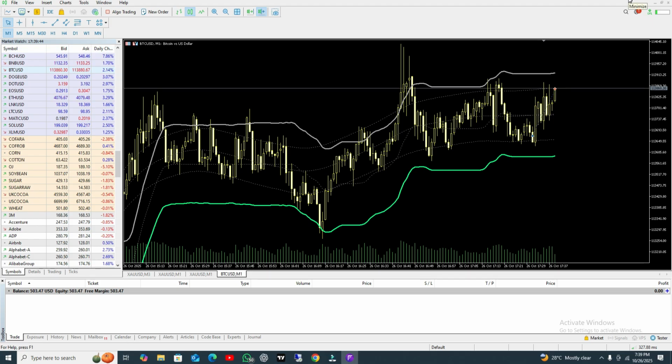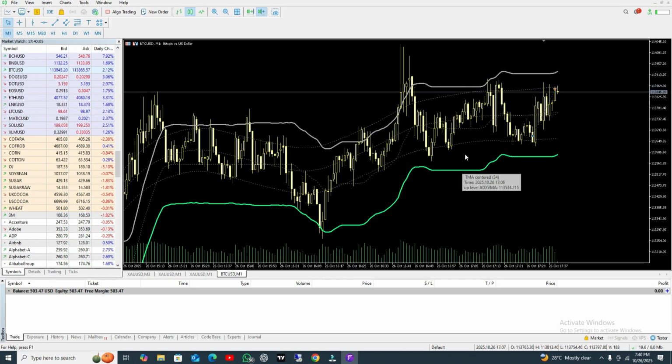Okay, I know the market will go upside, and then the market will go down, and then we'll open one more position if this line will be the green one. Okay, if the line is green and the market goes downside, at least try to come between these two lines, then we will open. I will open a buy position.